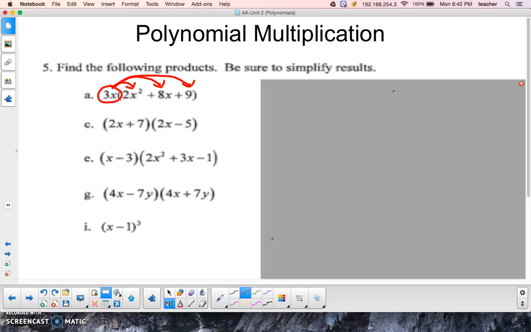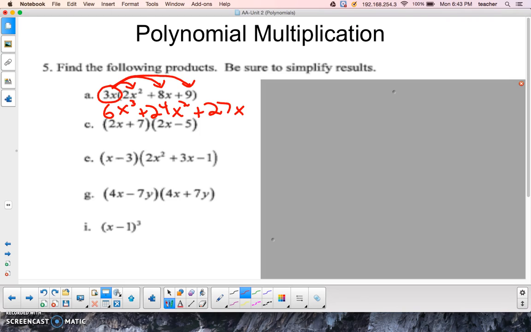Remember that when you multiply variables, you add their exponents. So 3x times 2x squared is 6x to the third. And 3x times positive 8x is positive 24x squared, because x's by themselves actually have an exponent of 1. And 3x times 9 is plus